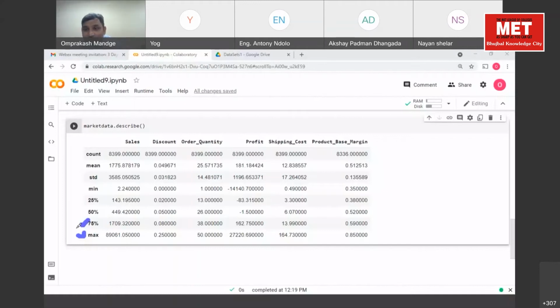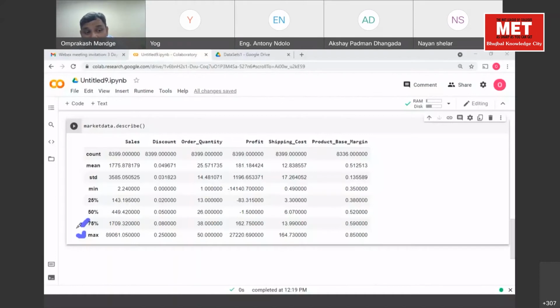What do you mean by third quartile? Third quartile means that 75% of order sales are at or below 1709. 50% means 50% of order sales are 449 or above 449. 25% means 25% of sales are 143 or above 143.